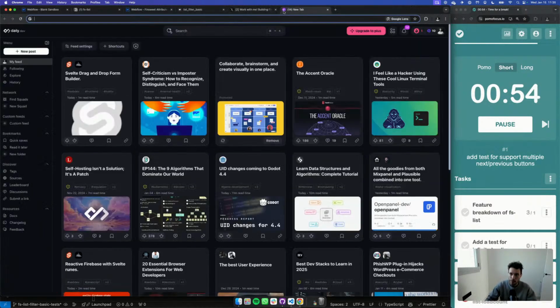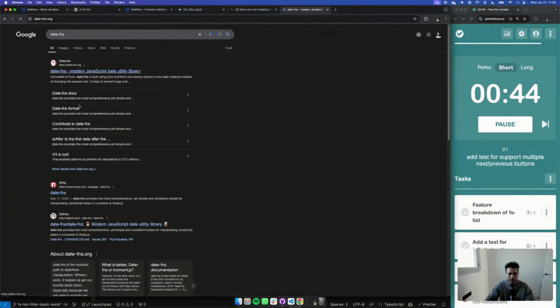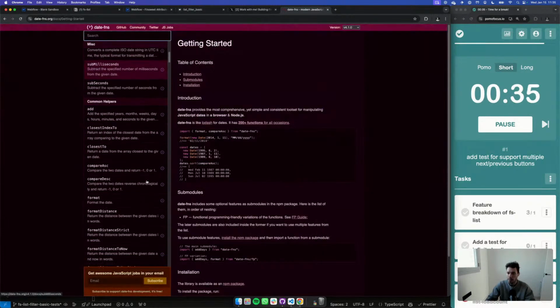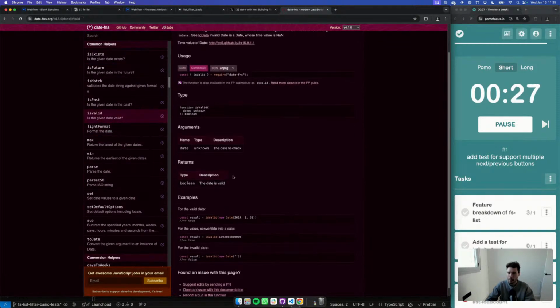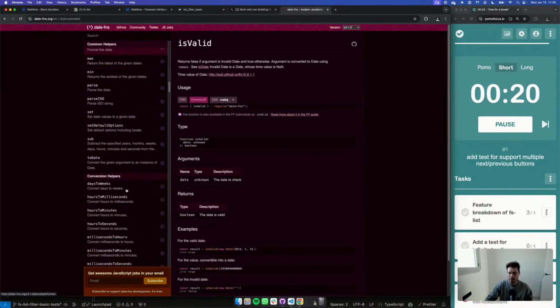For example, I don't know if it was Moment.js or no, date-fns, I think that is. And with date-fns, you can do things like inferring if something is a valid date or not. Let me try to remember which was it. isValid, for example, I think. But the problem with this is that it adds a lot of weight to the platform, to the package.